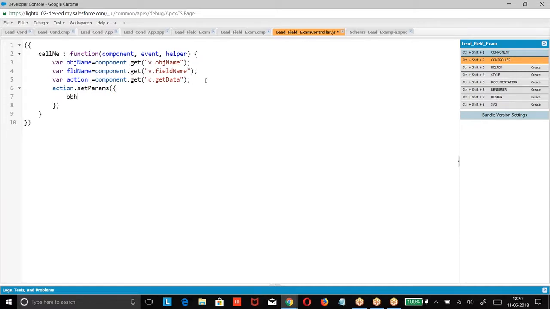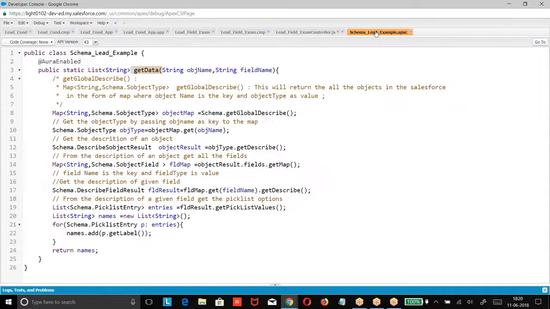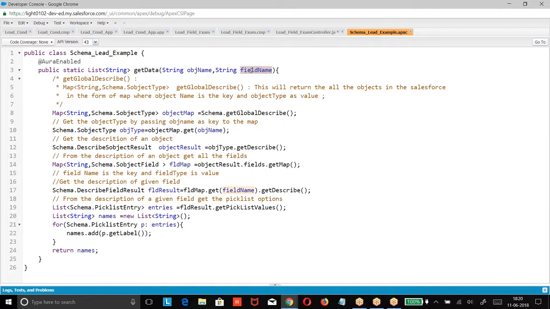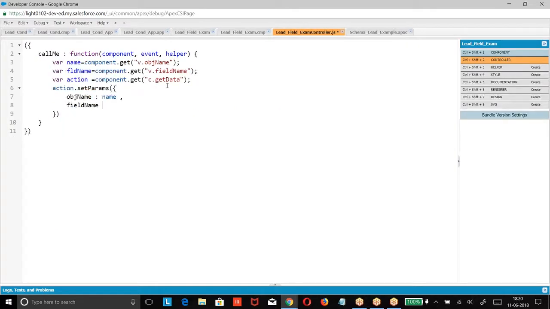What is the parameter we had? First, exact name should be given. OBJ name, colon, comma, field name.